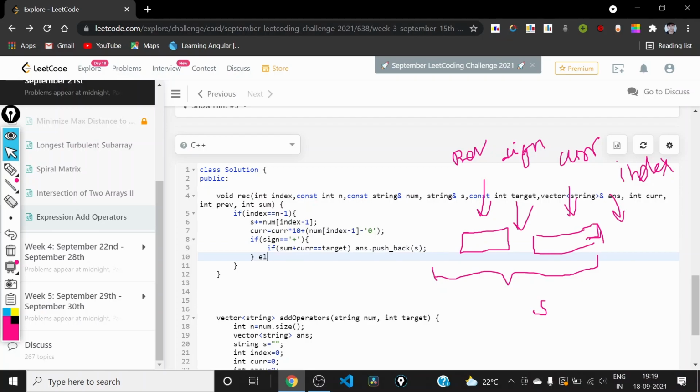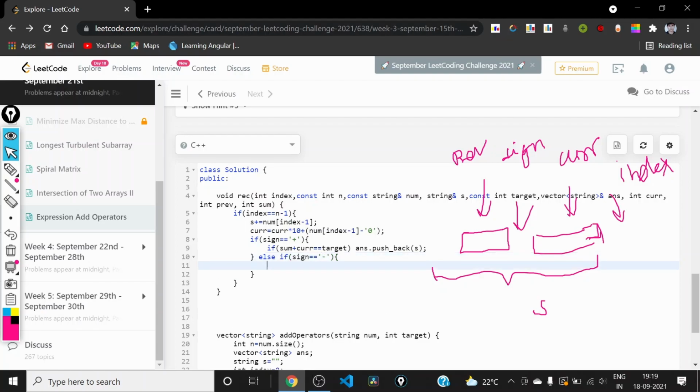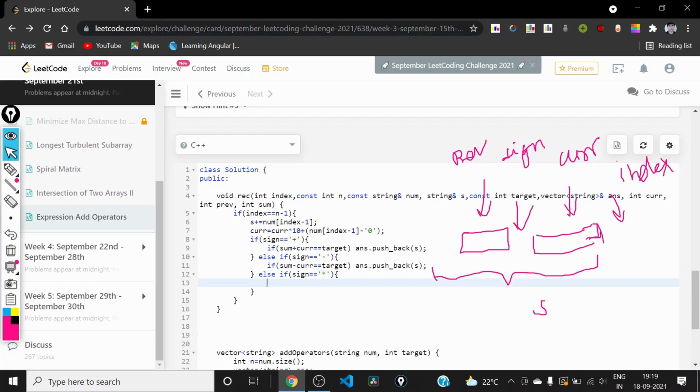Now we need to check whether the sign is minus or not. If it is minus, then we just need to check whether the sum minus current is equal to target or not. And the last case is when we need to check whether the sign is multiply or not. In that case, we need to calculate the overall sum.